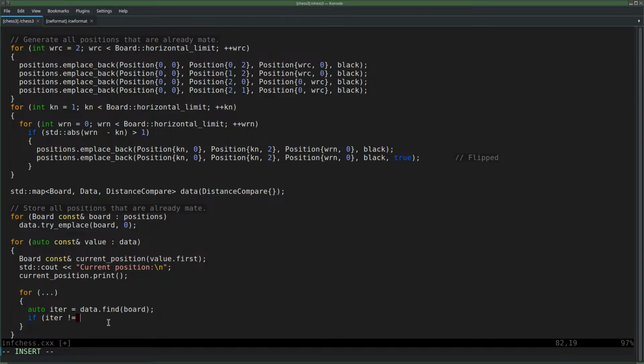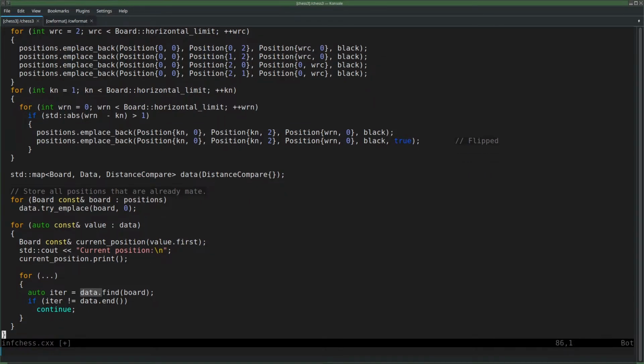So if it did exist, then find returns something that is not end. Then I want to continue to the next one. That's just not a position that comes before. If it did not exist, then this position is a position of one ply more. Except, of course, when